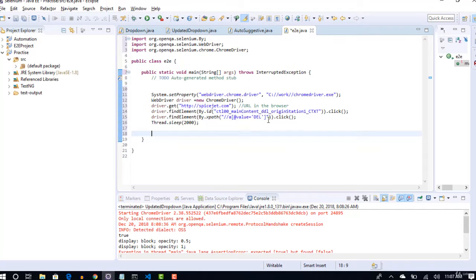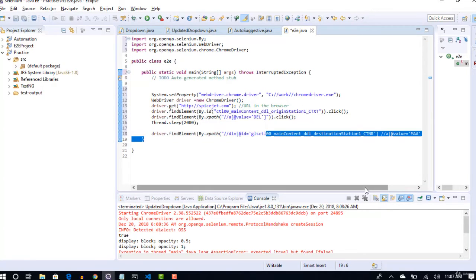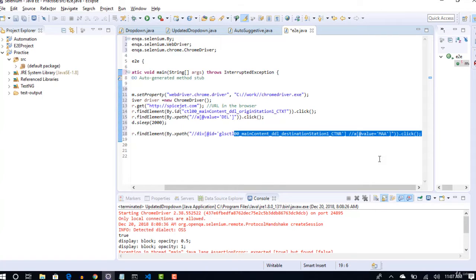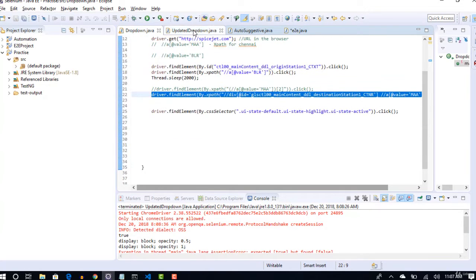Please be aware that this XPath is created based on a parent-child reference. You know why? The reason is that multiple instances are found, and we want to find it uniquely with the help of the parent reference. So these will select the drop downs, and next let's go and